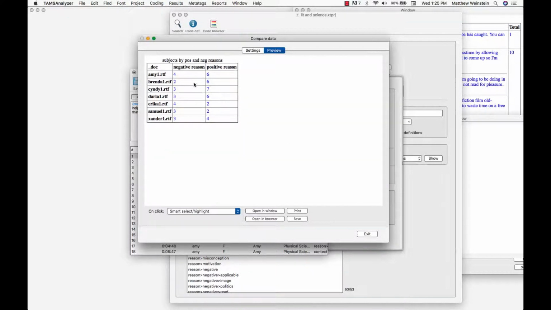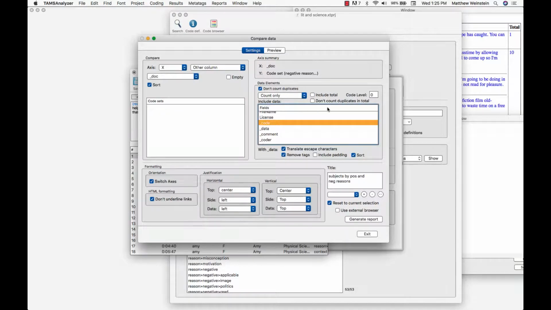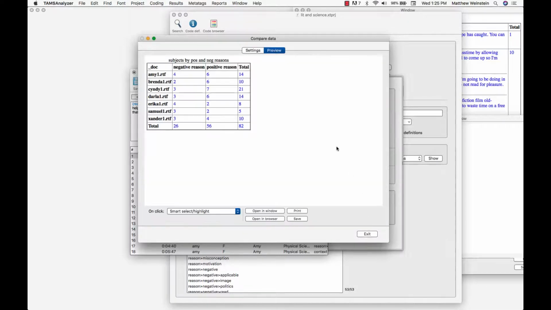If I regenerate that, I can see that there are only 4 particular codes that Amy used that were negative and 6 that were positive. And now it may make sense to throw in the total, not including the redundancy, because then I can see, oh yeah, there's duplicates in there. Even though there are 4 codes that she used and 6 positive codes that she used, there are 14 instances